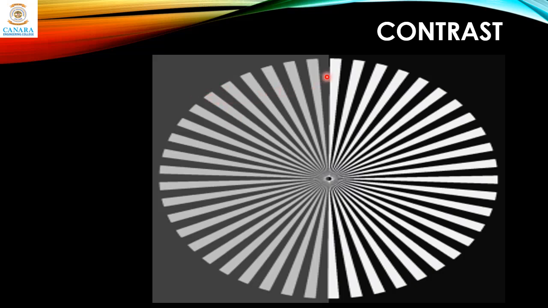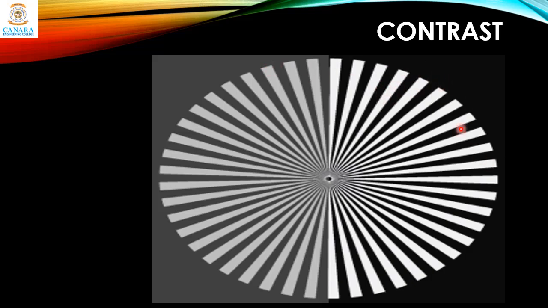Now if you move to the right hand side of the image, here you can see the pattern is clearly visible. That means the background is pitch black and the foreground is white, and the difference between white and black here is more, and at the border it is more evident. You can clearly see the edge here, but here it's somewhat vague. So this is the effect of contrast.